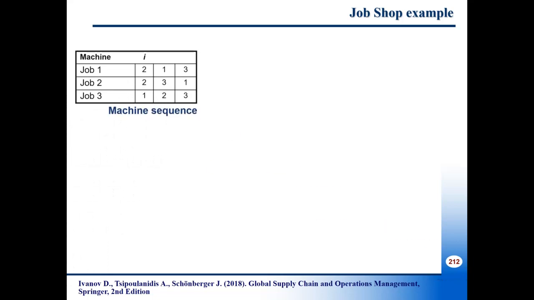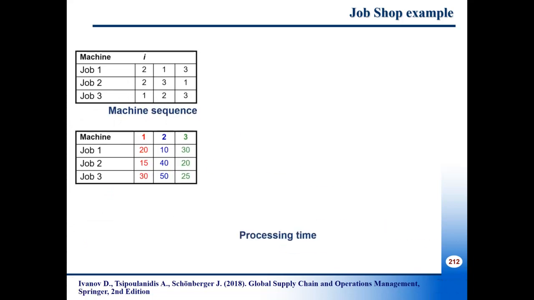In front of us, we have two tables regarding machine sequence and processing times. The upper table shows the machine sequence. For instance, job number 1 needs to be processed first by machine number 2, and then machine number 1 and machine number 3. And job number 2 needs to be processed firstly by machine number 2, and then machine number 3 and